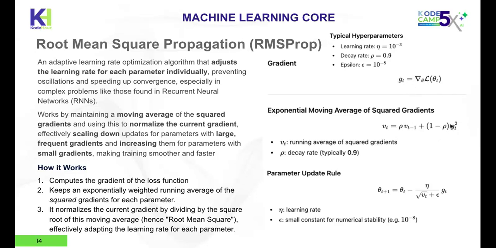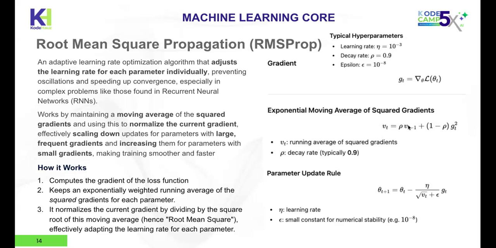So you can see this is the square of the current gradient, and you add it to the previous term. V t minus 1 is the previous one. You can still see they use V, which is velocity, but it's actually a running average. And this is how you calculate a running average,